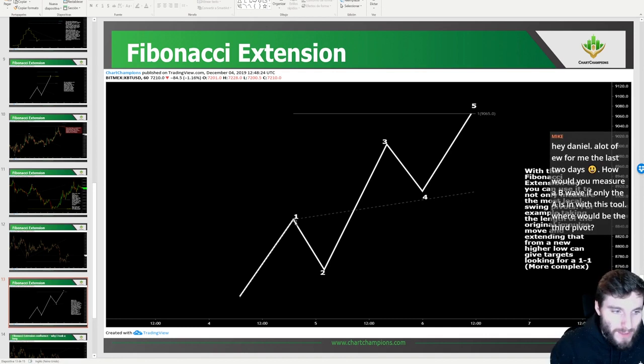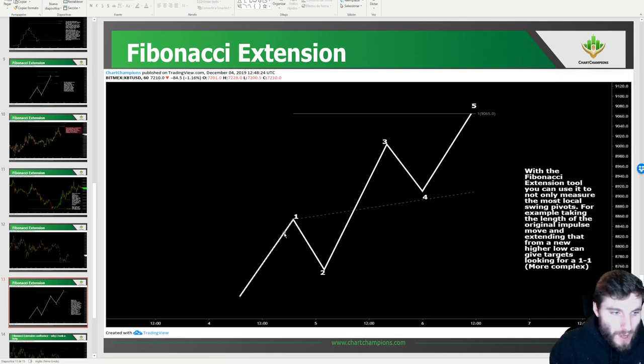When we're selecting the low and the high, you're taking, let's say this is a $100 move. When we are extending from down here, a 1-to-1 is obviously $100 from this low. So let's say that's $0, that's $100, this is $50. So if we are going up $100 here, down $50, we're going from low to high to low. Well, the 1-to-1 extension is going to be $150, isn't it?